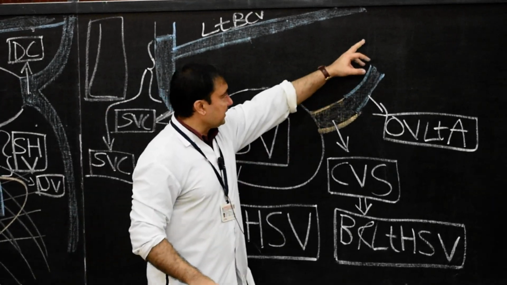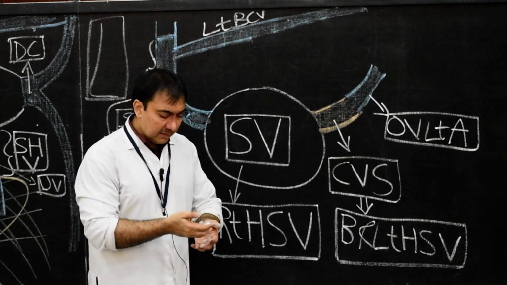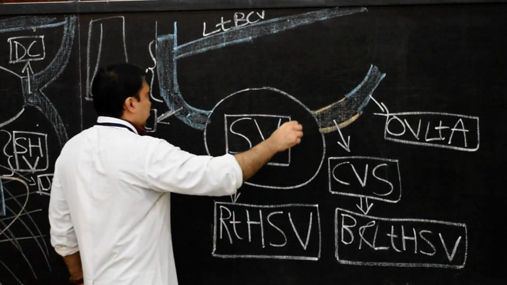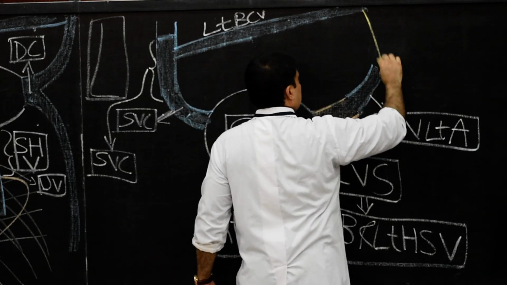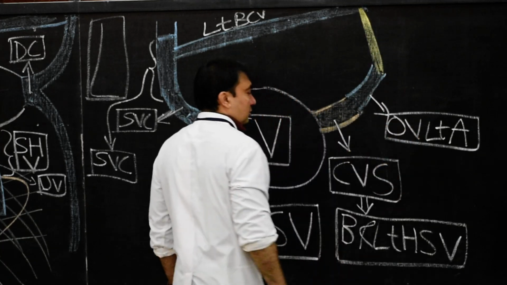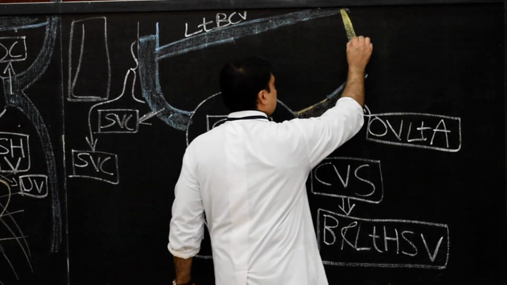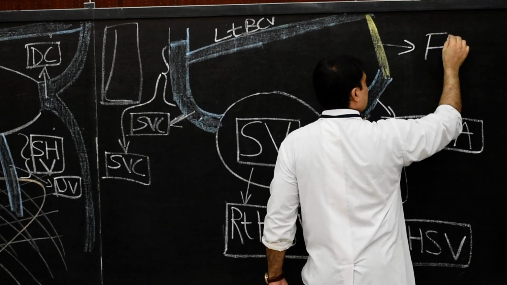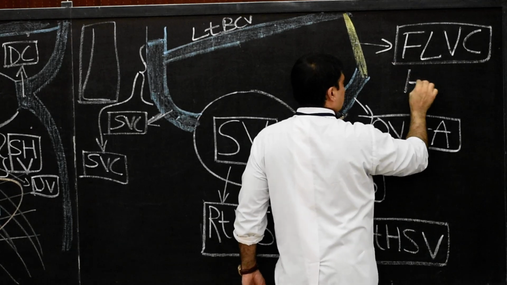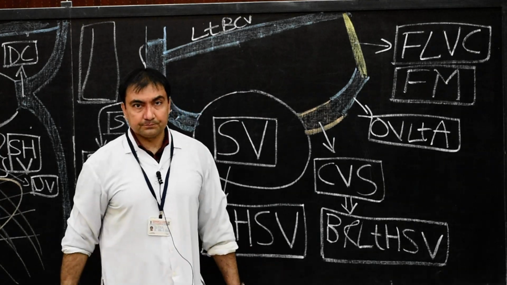Now, one segment which is here. Remember, caudal half of left anterior cardinal vein. It will lead to development of, as I had told you, I will show here with a different color, this fibrous thread-like structure. It will connect to the oblique vein of left atrium, and that will be known as the fold of vena cava or fold of left vena cava, or it is called the fold of Marshall. This is also asked in 1 mark question answer in an MCQ.